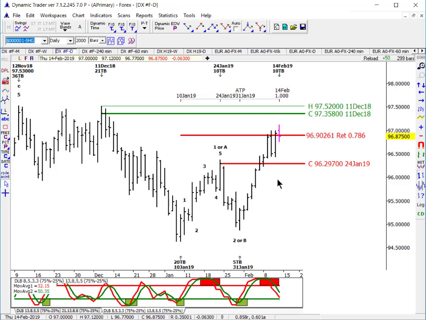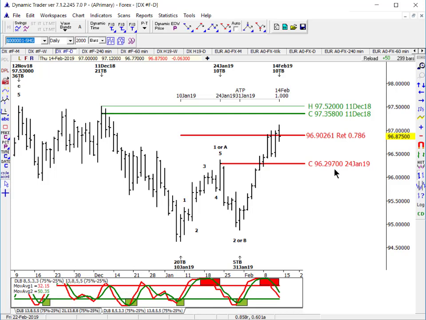Well, if we came down and if we close into the closing range of what I've got labeled a wave 1 or A, that's what we call closing overlap, and it's a pretty strong signal that this is a completed A, B, C correction and not the beginning of a bull trend to new highs. So that's going to be a key in the days ahead. If we close below the January 24th close at